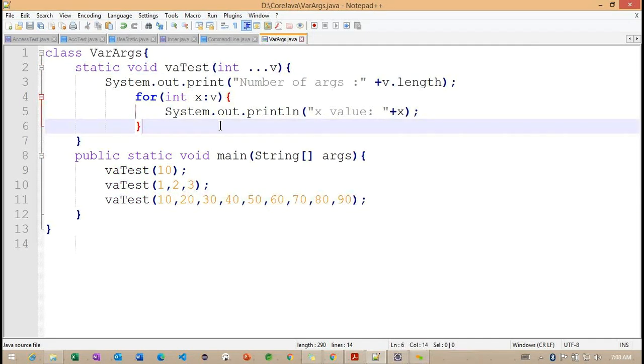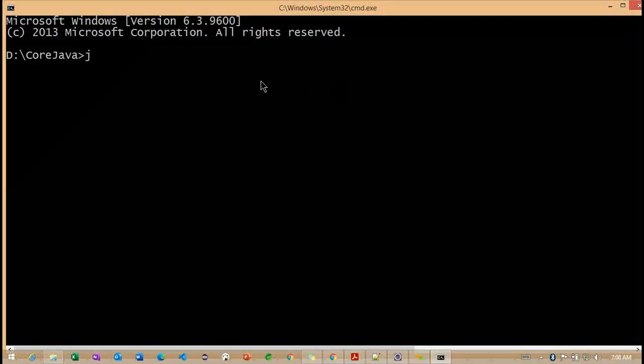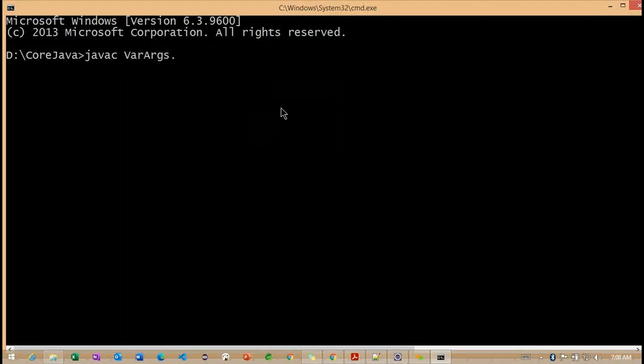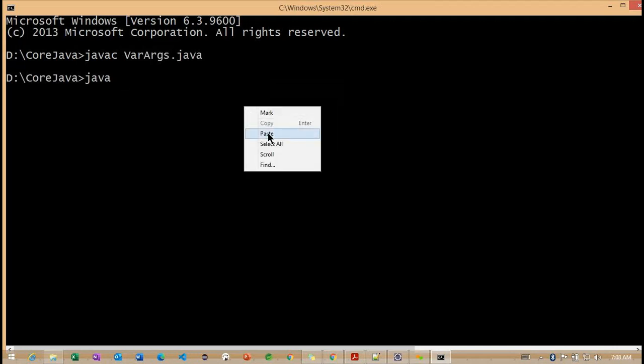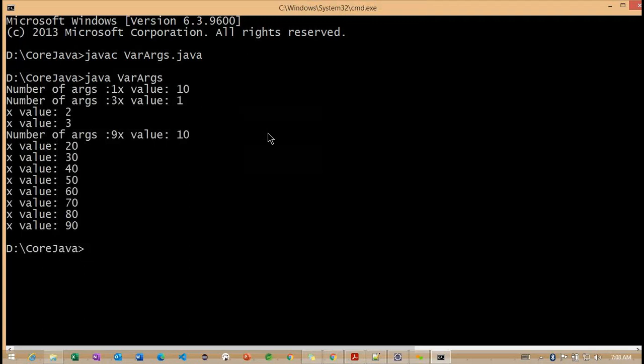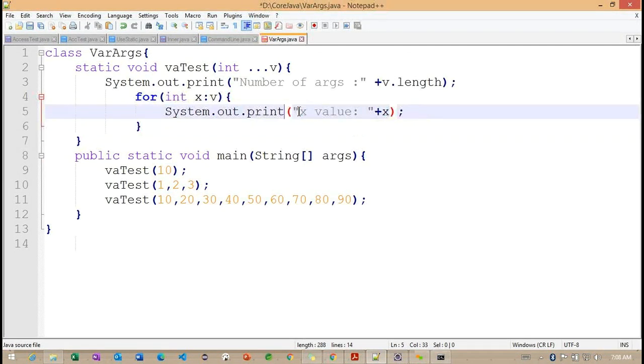Okay, so observe here. Go to this command prompt, javac var.java. Let me compile this class. It's compiled successfully. And java var. Now you can observe. Let me change this println also.